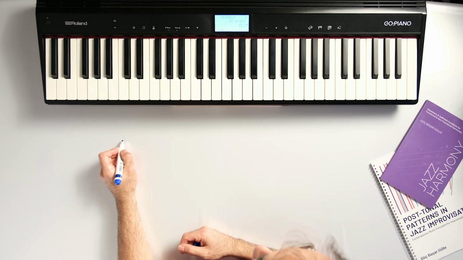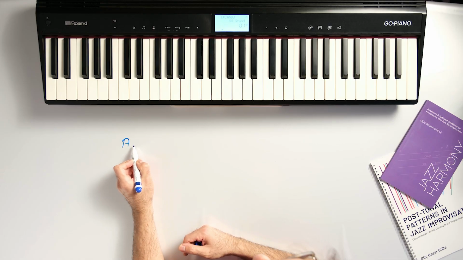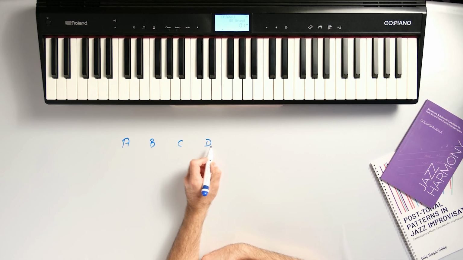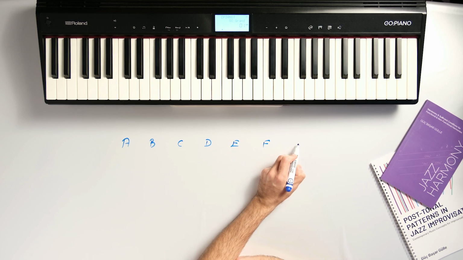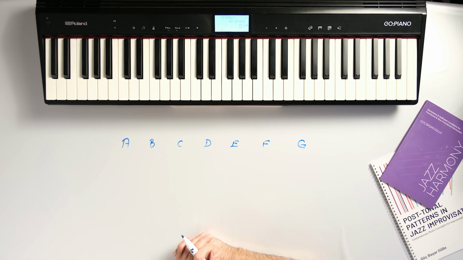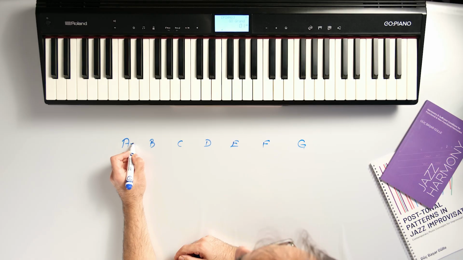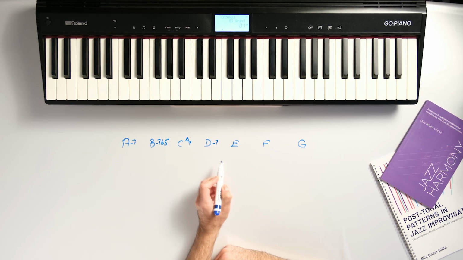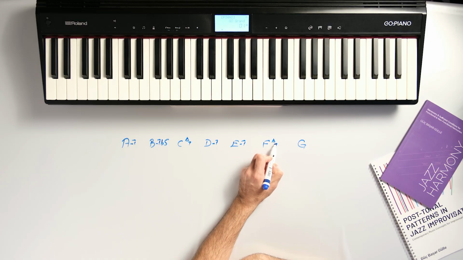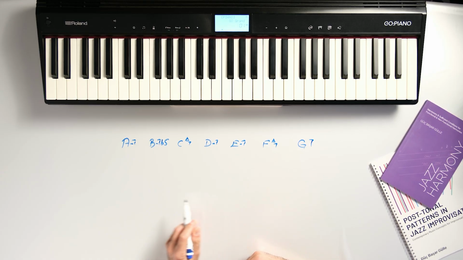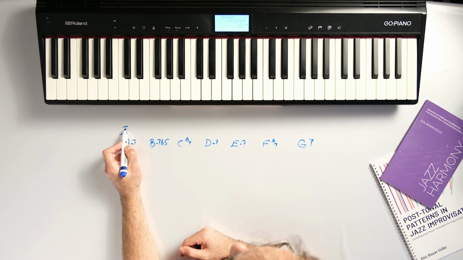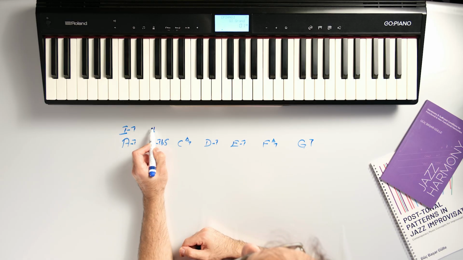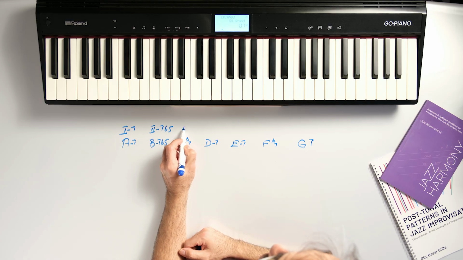Okay, and we have A minor, a natural minor: A, B, C, D, E, F, and G. Okay, let's deconstruct the 7th chords. A minor 7, B minor 7 flat 5, C major 7, D minor 7, E minor 7, F major 7, and G dominant 7. Roman numeral analysis, we have 1 minor 7, 2 minor 7 flat 5, flat 3 major 7,